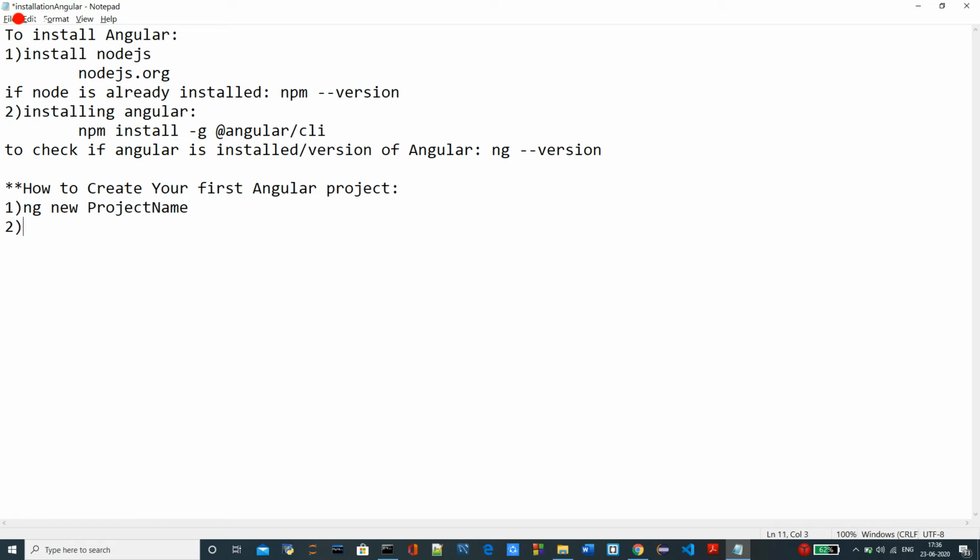I'll write switch to the project directory, by cd and then the project name, and then the third command you need to type is ng serve to compile the packages.